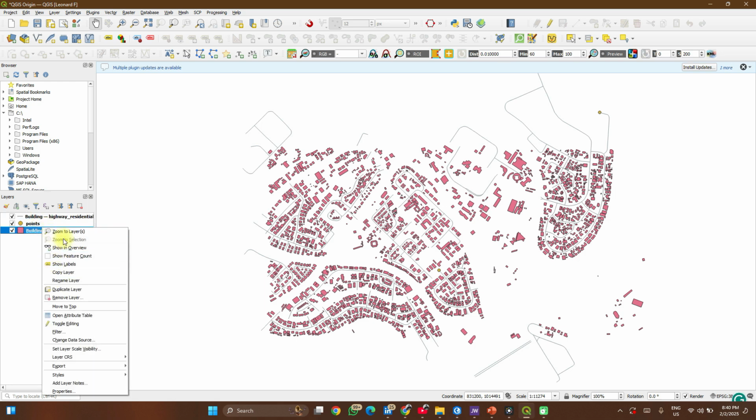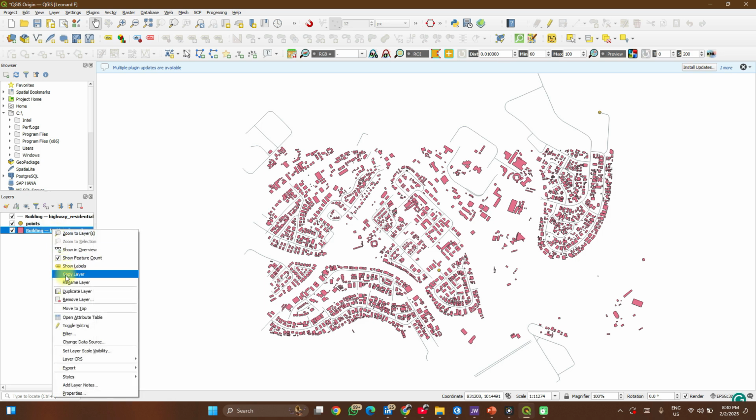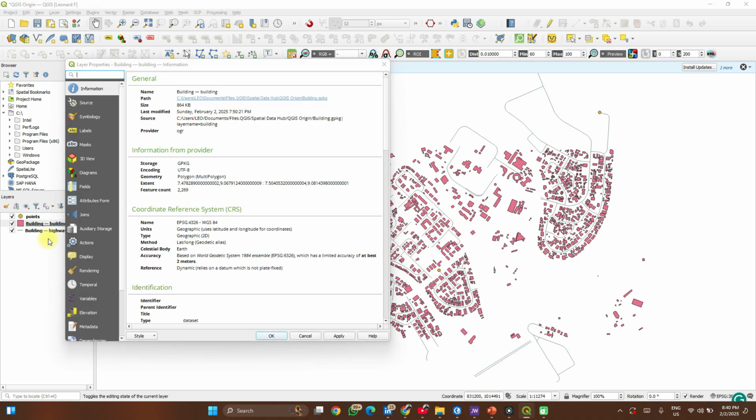You can also experiment with every other thing here. We can show feature counts to show the number of features on a layer. You can duplicate a layer if you want to style it differently, and you just need to see a different view of a particular layer. You can duplicate a layer, you can decide to remove a layer, and then you can move a layer to the top of all other layers. Personally, I like to organize mine in the order of points, lines,